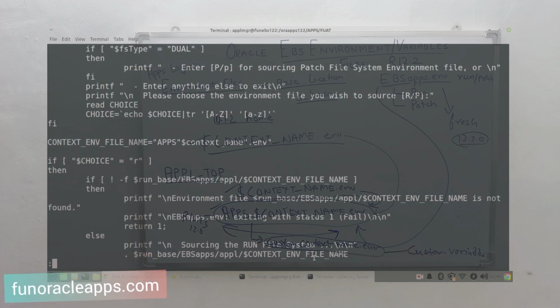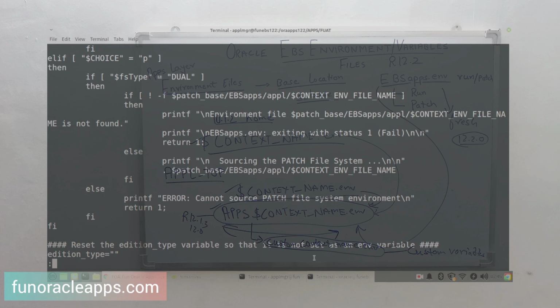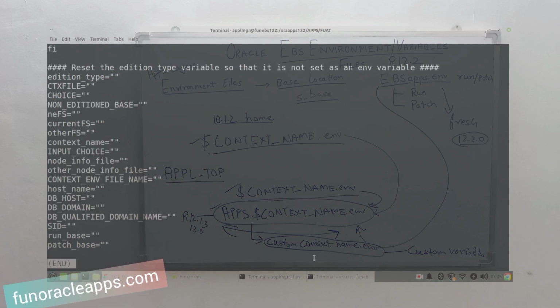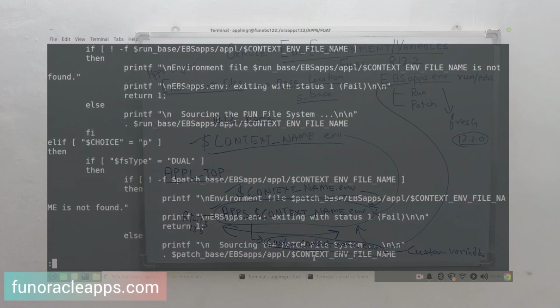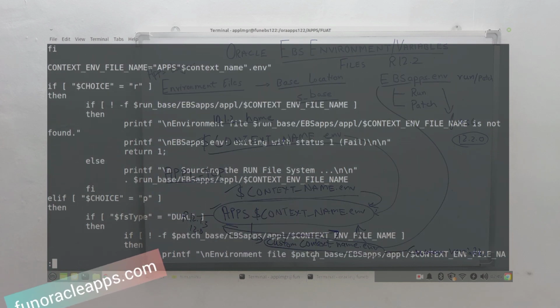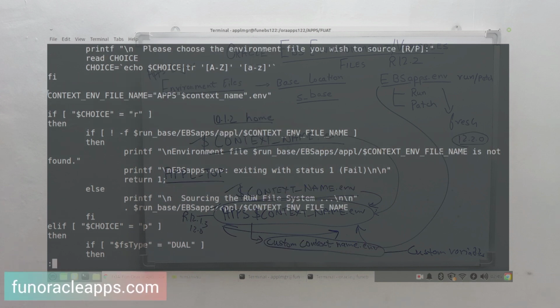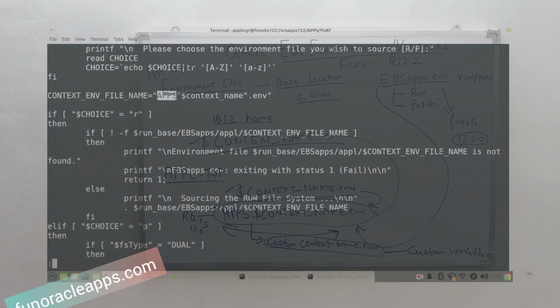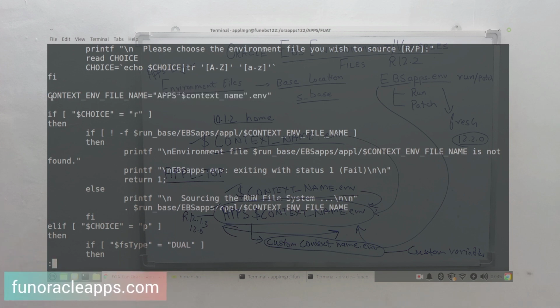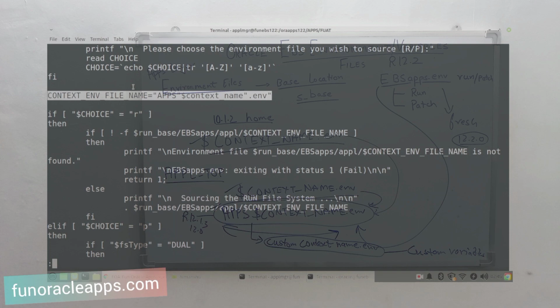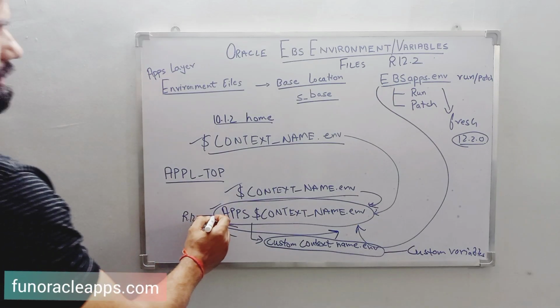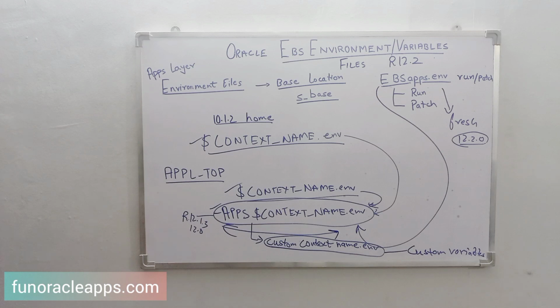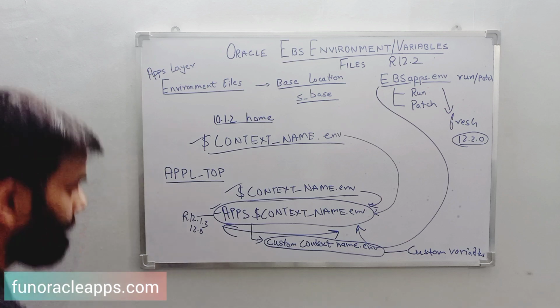It goes ahead and sources the environment variables based on the inputs that you have given. You can see these are being sourced here. All of these details you can read. Everything is based on shell, so you can easily identify it. Whenever it reads the environment file name, it will be apps context name dot env as the context file name. So this is the file which it would be reading. Okay, I hope it is clear.